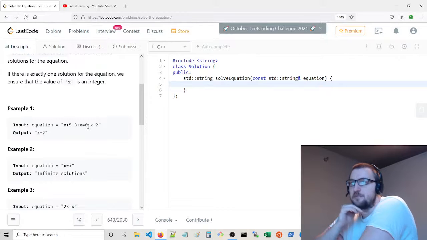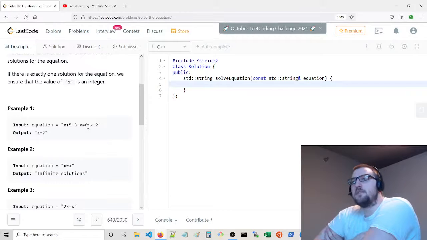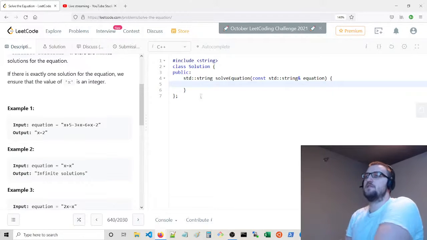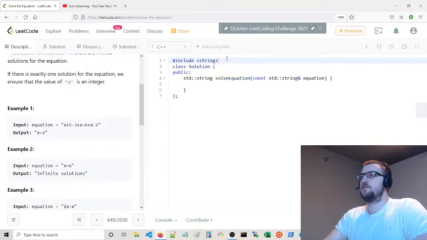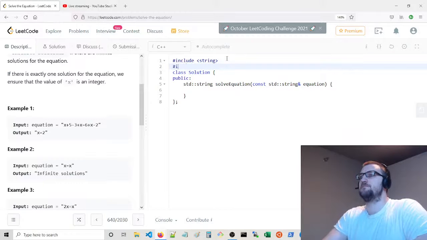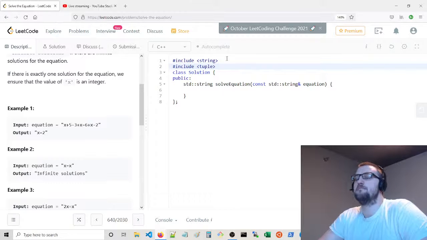Certainly one step is going to be breaking on the equal sign, the left and right parts. We can substring two substrings, the left and right parts on the equal sign. I guess that's not so bad. And then the parsing routine, we'll return a tuple of integers that represent the coefficients, or really it would be a pair, but a tuple's fine too. It would be the coefficients of the x values, the coefficients of the,